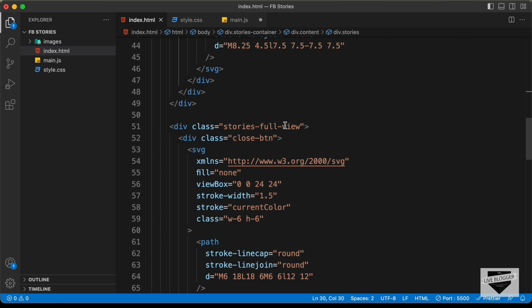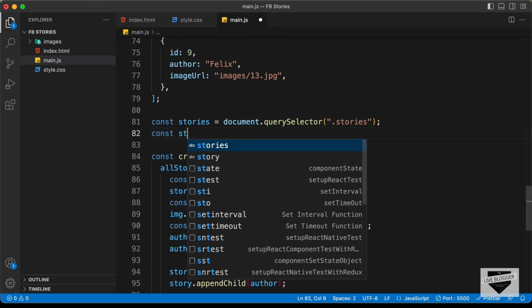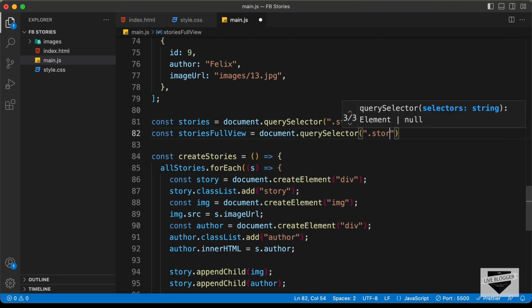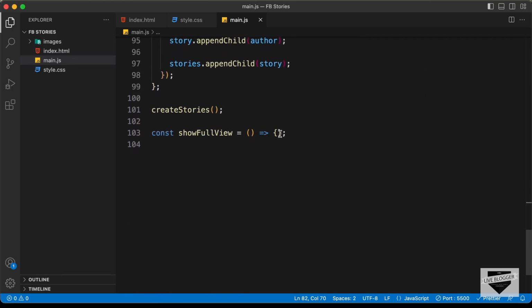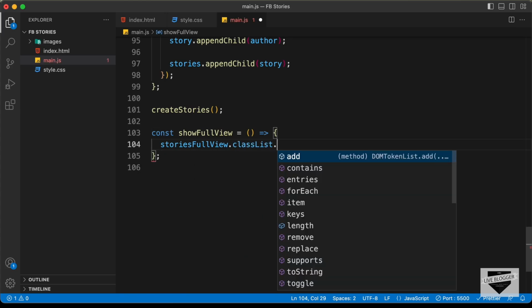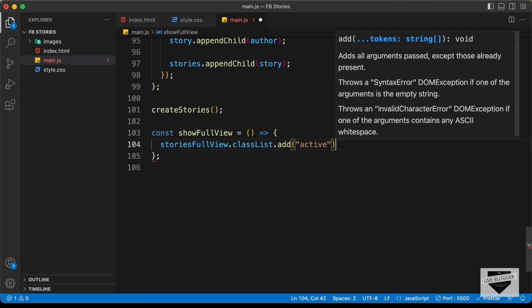So let's reference this. Here let's type const stories full view equals document.querySelector, and let's type stories full view, and let's scroll down, and here let's type stories full view dot class list dot add active,